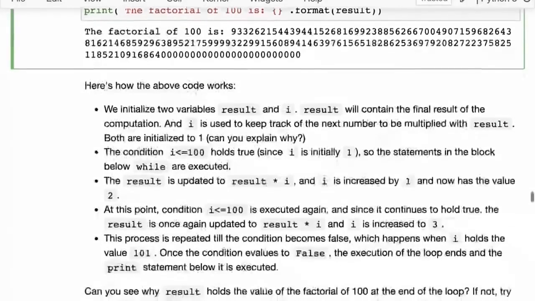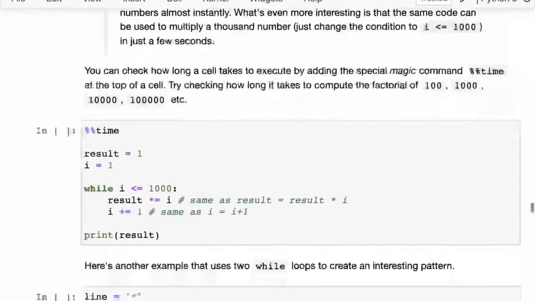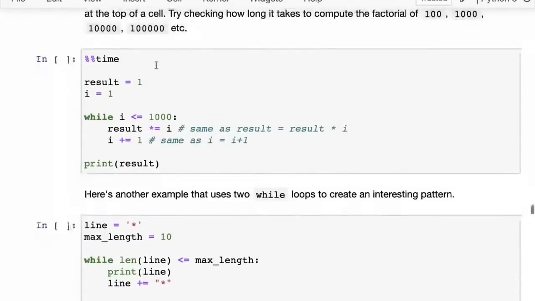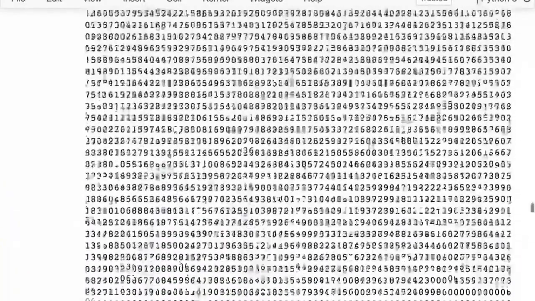And that is what makes computers really powerful: with a few lines of code and with their real speed of arithmetic operations, they can compute a lot of different things very quickly. So here, for instance, we are trying to calculate the factorial of 1000, and I've added a special command called %time. This %time is simply going to tell us how long it took to execute this cell. So I run this cell and I get back